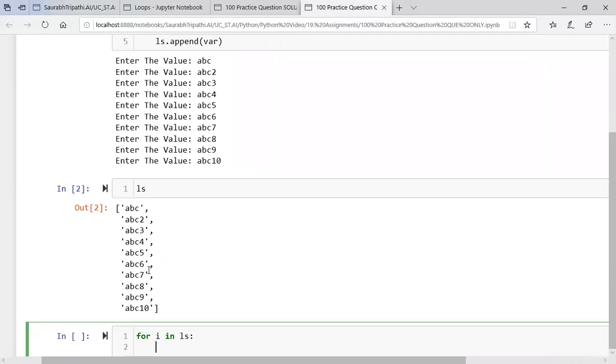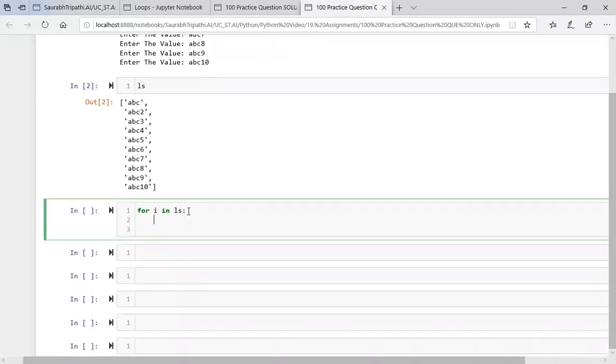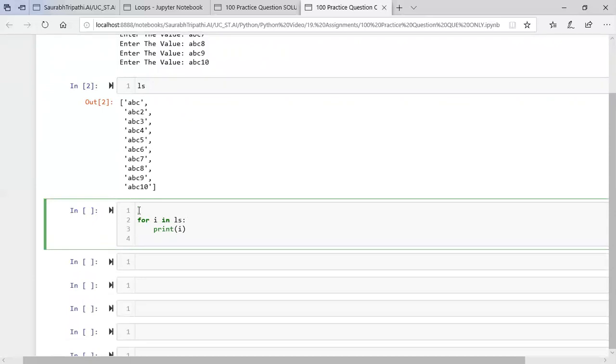And now what we can do, we will print the value. So we will simply write print. Now we want to print the value. So we take I. In I we have the value. Again, we also need to print the number. So what we can do, we can use two or three tricks here. We can use range function and we can write the number by that, or we can simply take a counter.